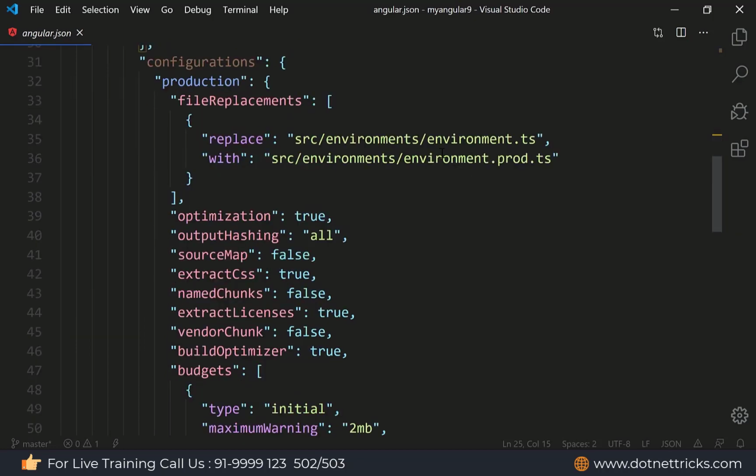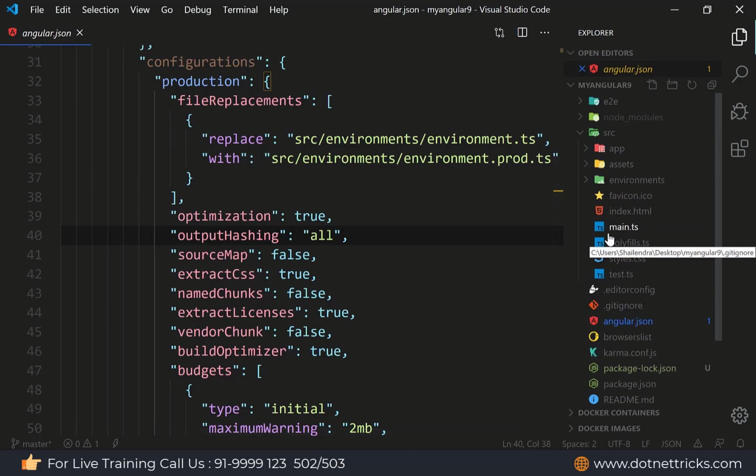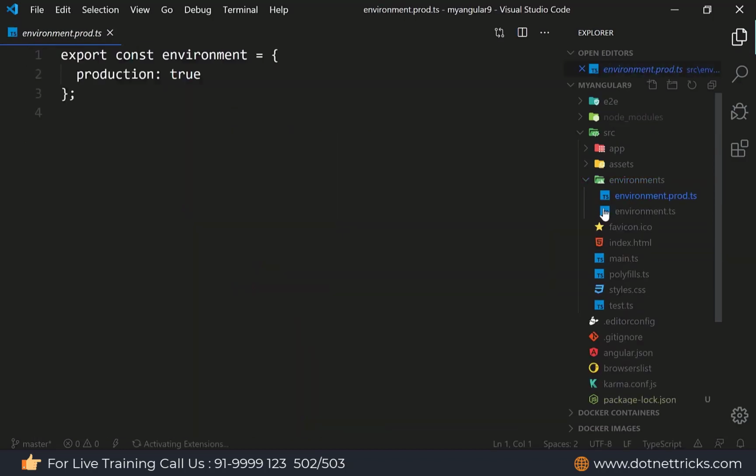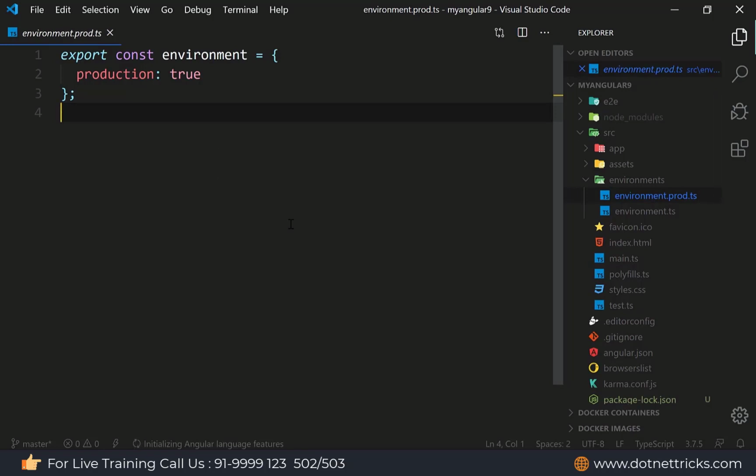So in your application, you can have the development environment, you can have the production environment, you can have the testing environment. So there is a folder here for the environments. The environment specific file you can define here. Like you can define here the API address, you can define here the image address, which might be different depending upon the environment. When you build your application, at the time of building, you can mention the environment flag to create the build specific to the environment.